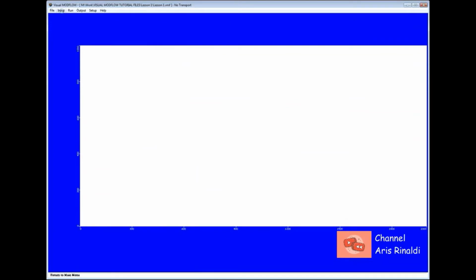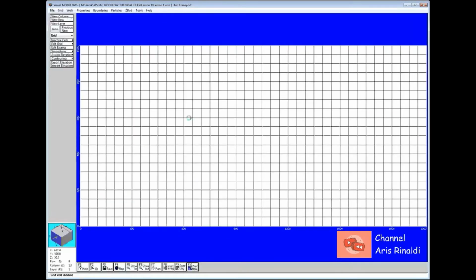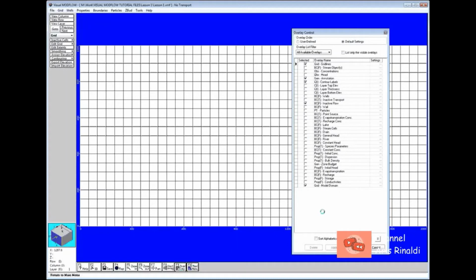Go to input. And now we see our grid. And we don't see our results, so let's remember how we can annotate the field we're looking at. So if we go to overlay, these are the things that are currently showing. We have the grid lines, we have some general annotation. Contour labels are for solute transport problems. We don't even have to have that clicked because of course there isn't any solute transport in this problem, but